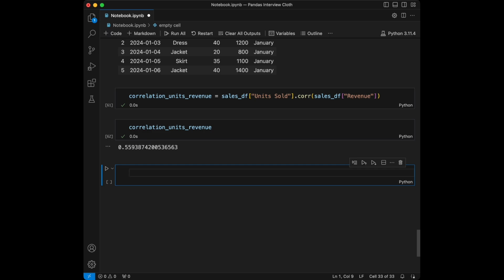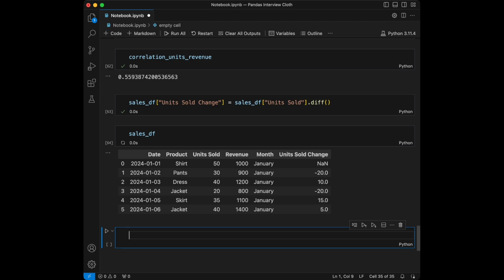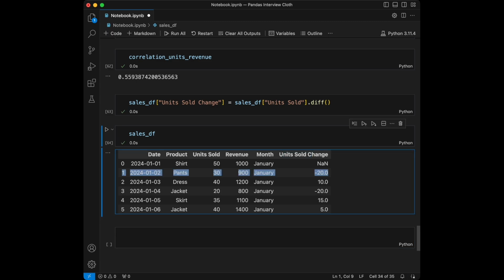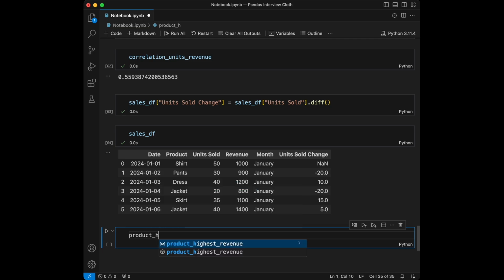Question 12. Which product had the highest increase in units sold from the previous day? So for that, what I'm going to do is I'm going to say sales data frame units sold change, and it's going to be something like sales data frame units sold, and we will use the difference like this. I'm just going to call the sales data frame. We can see the units sold change in here. It's NaN because there's no units sold before this,